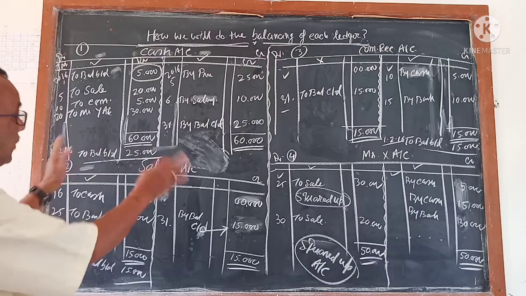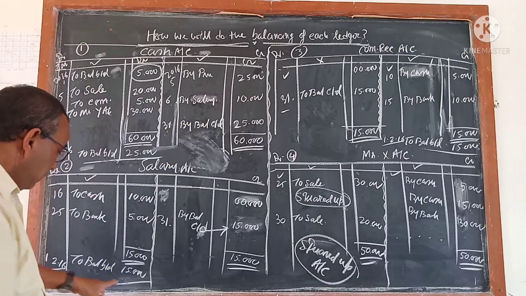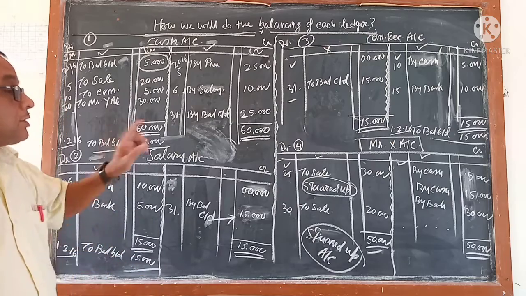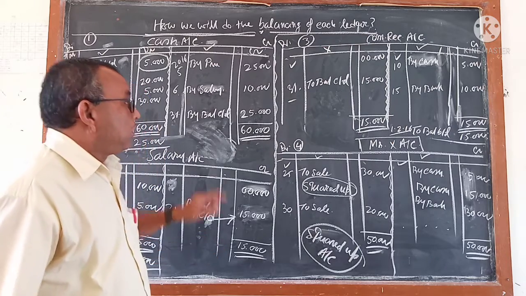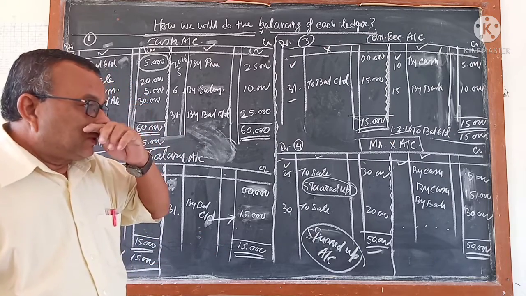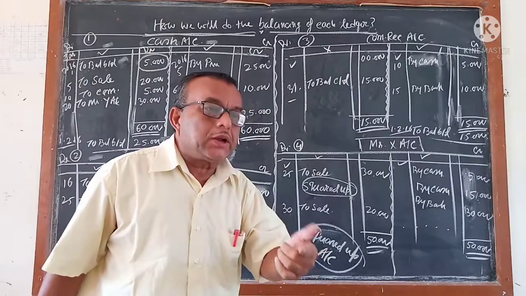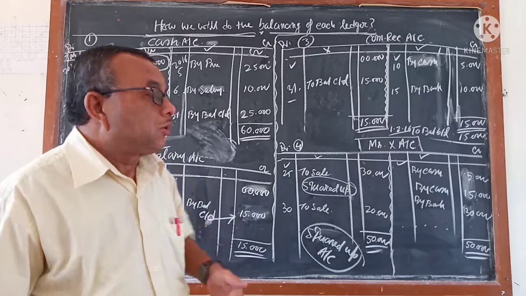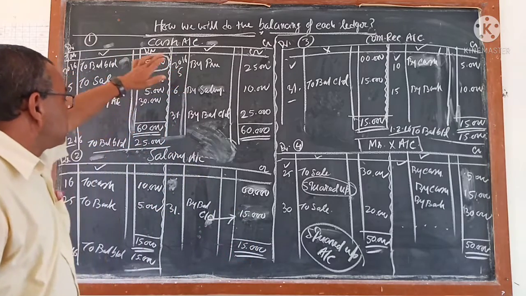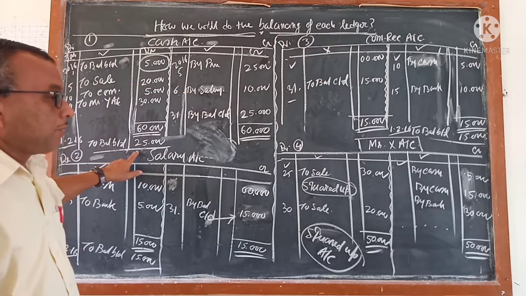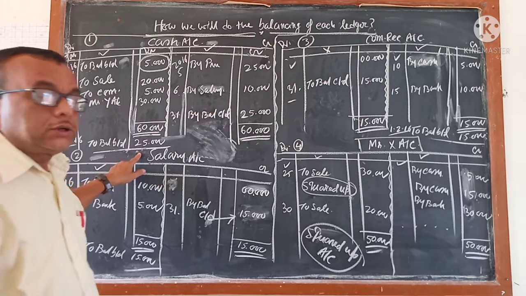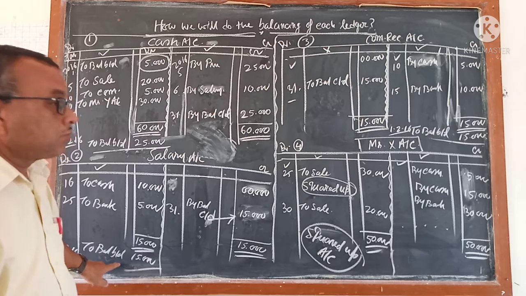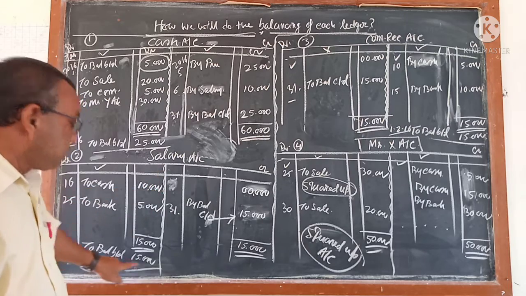That means the difference between both the sides of salary, the debit side is 15,000 more. So which side is the answer of each balance? The answer will come on which side, or the amount will come on which side. Or if the question comes, what is the answer of the cash account? You will say cash account debit balance 25,000, because the balance is on the side which BD is coming. Salary account debit side 15,000. So salary account debit balance 15,000.